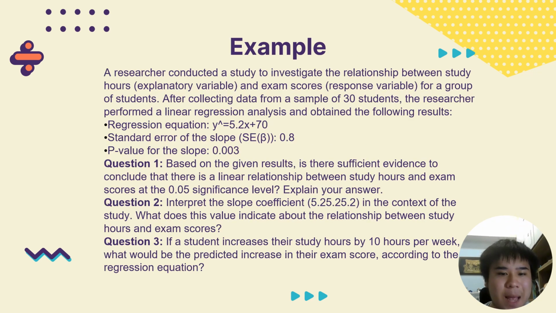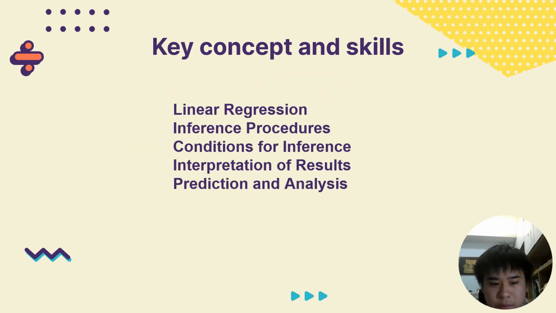So let's look at the example here. Let's go through example questions. A researcher conducted a study to investigate the relationship between study hours, which is the explanatory variable, and exam scores. That's the result we're trying to find, which is the response variable. For a group of students, after collecting data from a sample of 30 students, the researcher performed a linear regression analysis and obtained the following results. The regression equation, y equals 5.2x plus 70, standard error of the slope, which is the beta,